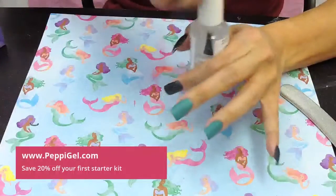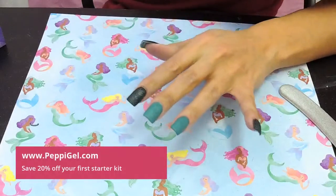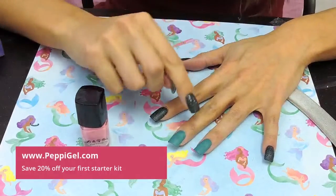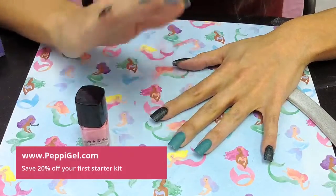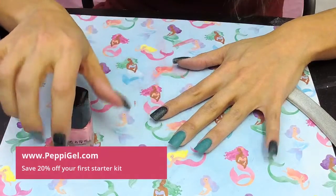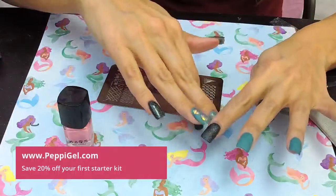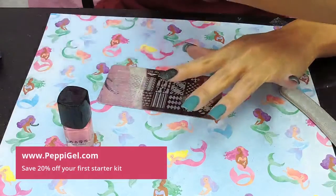Alright, so I put my last number 2 on. I normally don't go this direction, but I'm going to go ahead and stamp. Let the stamp dry, do my crystal work, and then put my 3 on. Because I want my 3 to seal my stamp and my crystals in. But your stamping polish has to be dry before you put the 3 on or it will smudge it. So we're going to go ahead and stamp. Because I have crystal work to do tonight to pull this off. And that'll give me time for my